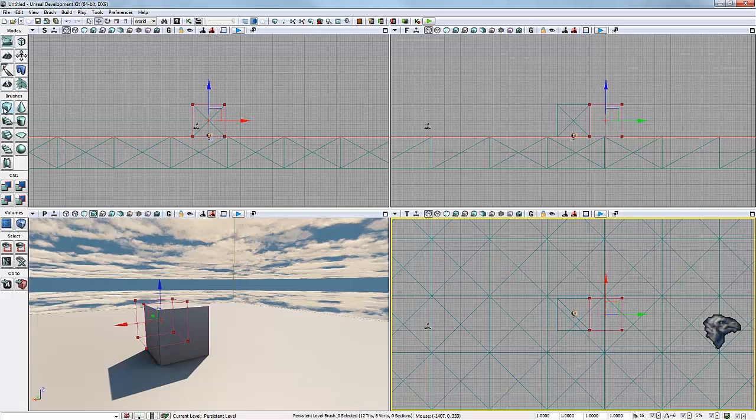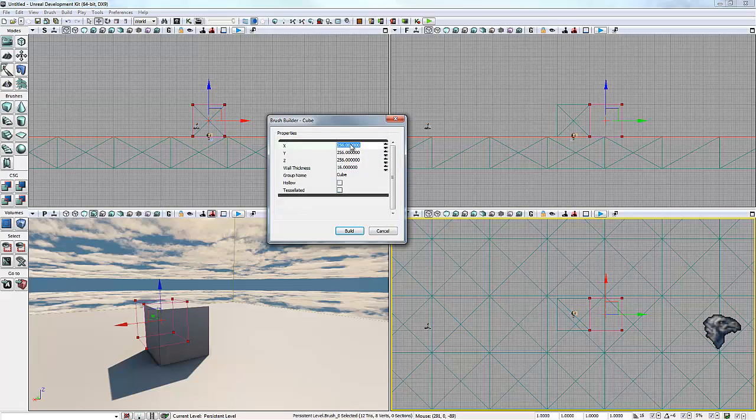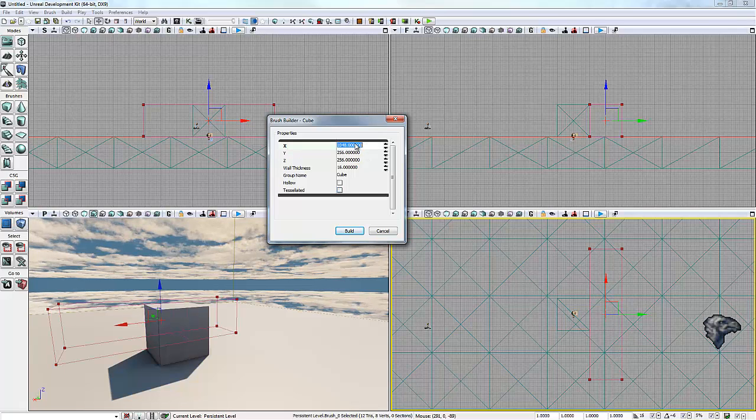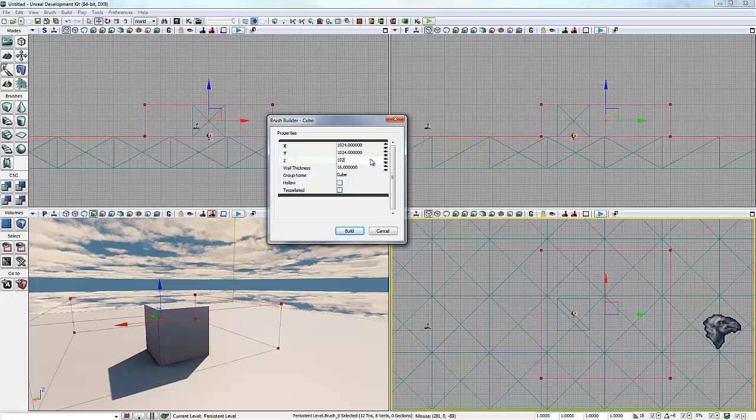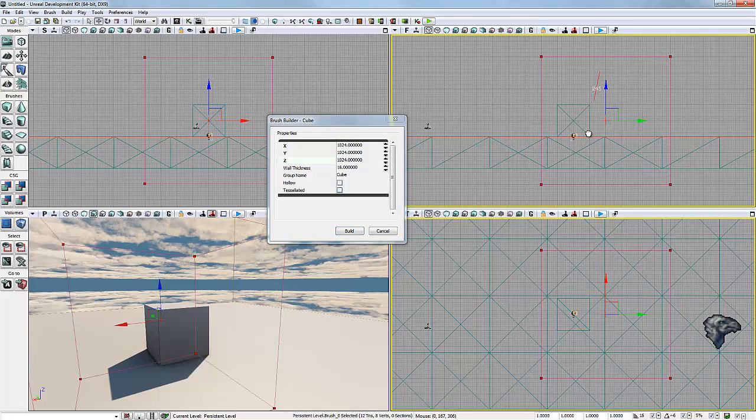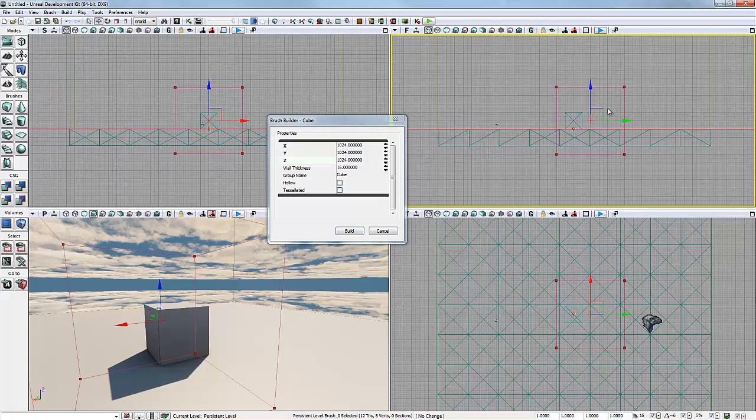So first of all, I'm going to come here to my brushes. I'm going to right click on the cube, and I'm going to say 2048. Actually, let's do 1024 by 1024 by 1024. I'm going to make this cubed. Now, I don't need to do hollow because you have to remember that this is just going to be a box that I walk right into. So it doesn't have to be hollow